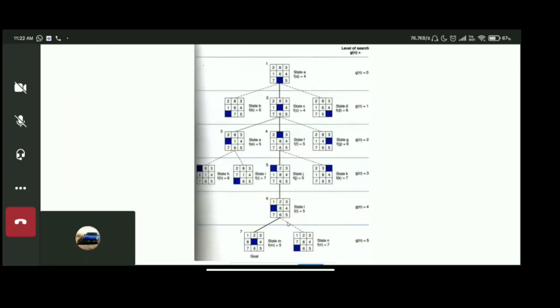G of n, as you can see on the screen, for this problem it is the level of search, but in general it is a computational cost. What it takes for me to move from one step in my algorithm to another step in my algorithm, that is G. So G of n,